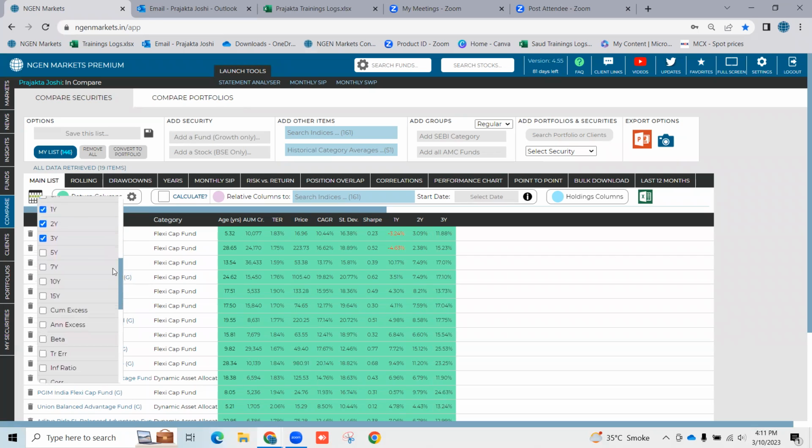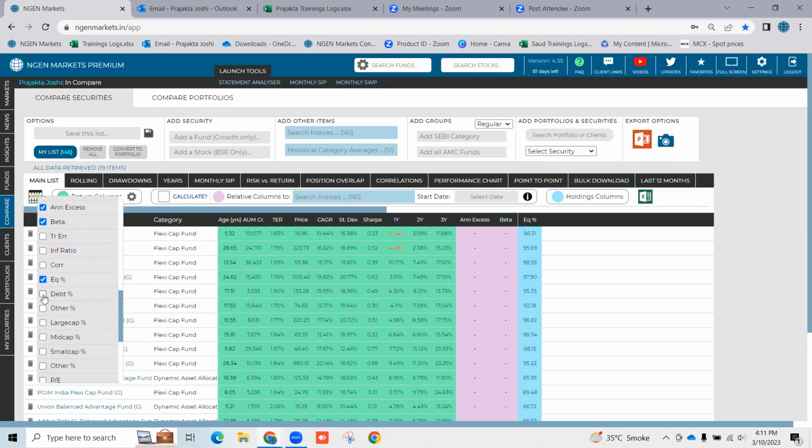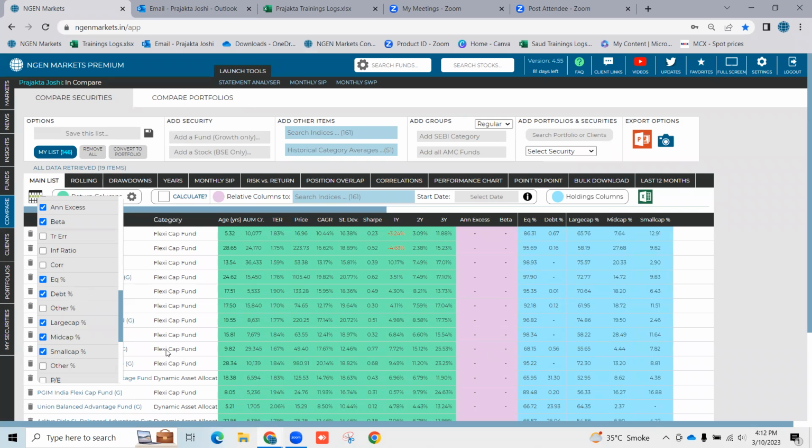So I am actually choosing the ones that I would like to really look at while I am analyzing, so that all of the junk columns get eliminated and I focus on only those that are relevant for my search. I will also add in a couple of relative columns, basically annual excess and beta, and for their holdings, equity and debt categorizations into equity and debt percentages, and of course large cap, mid cap, and small cap exposures. So now I've kept only those columns that I want to have a look at while analyzing,